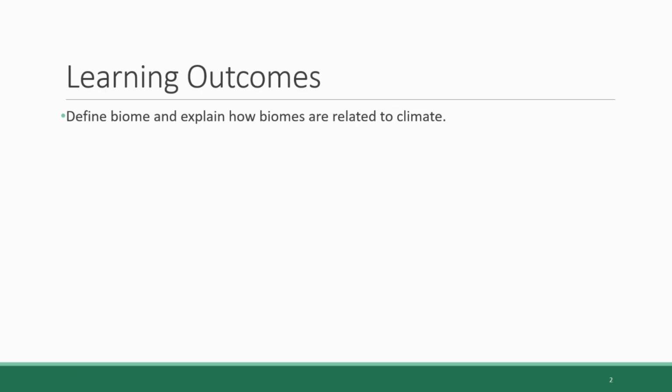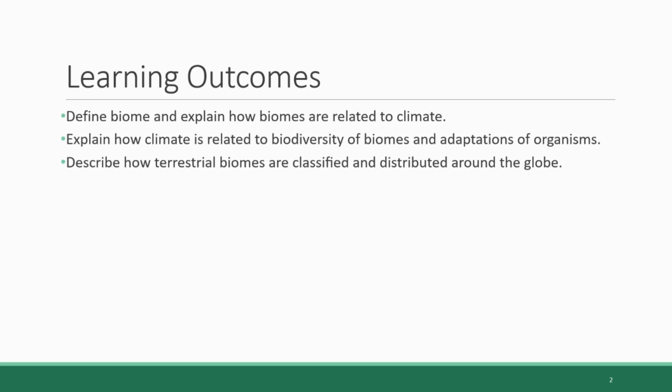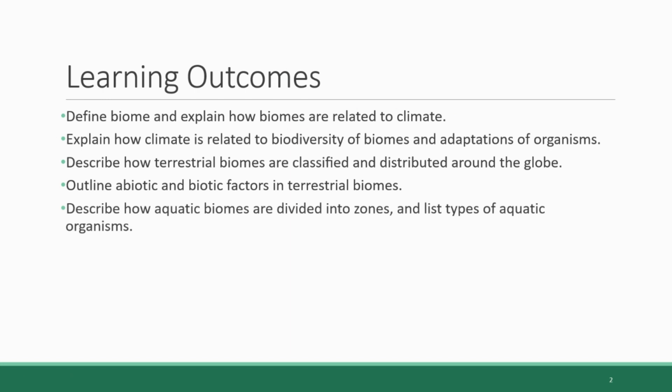So in this chapter, we'll define biome and explain how biomes are related to climate. We'll explain how climate is related to biodiversity of biomes and the adaptations of organisms. We will describe how terrestrial biomes are classified and distributed across the globe. We'll outline abiotic and biotic factors contributing to terrestrial biomes, describe how aquatic biomes are divided by zones, and list